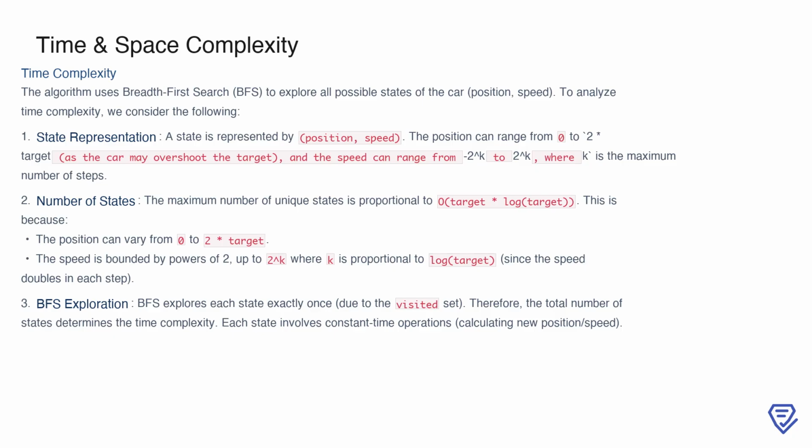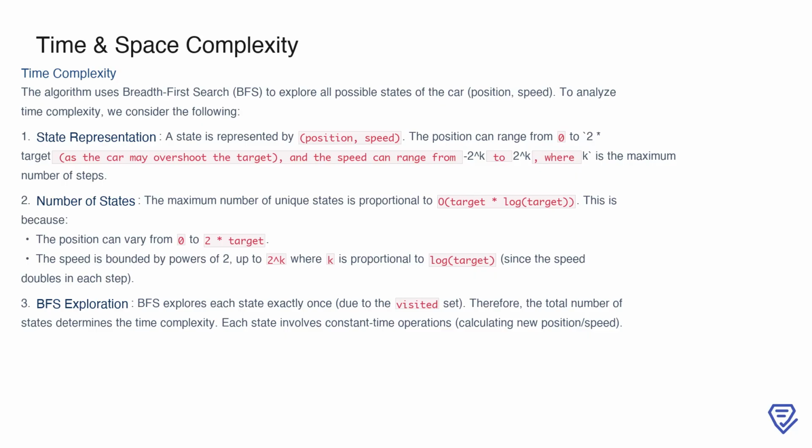are represented. A state is defined by the car's position and speed, where the position can vary between 0 and 2 times the target value. This range accounts for the possibility of overshooting the target. The speed, on the other hand, can double in magnitude with each step, both positively and negatively, making it range from -2 to the power of k to +2 to the power of k, where k represents the maximum number